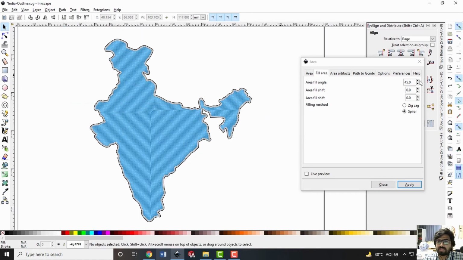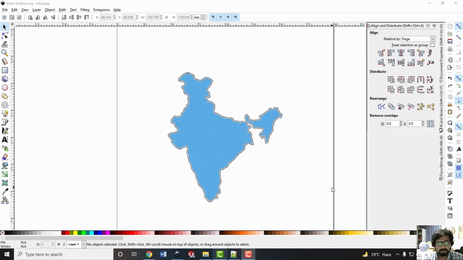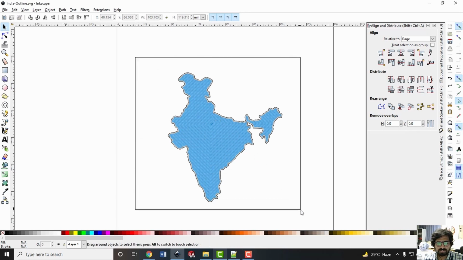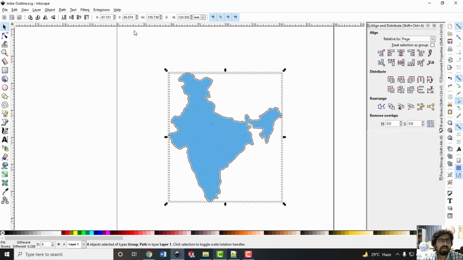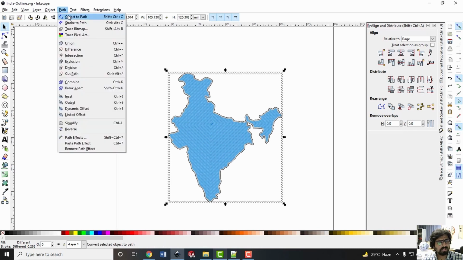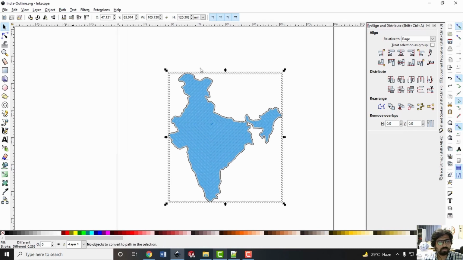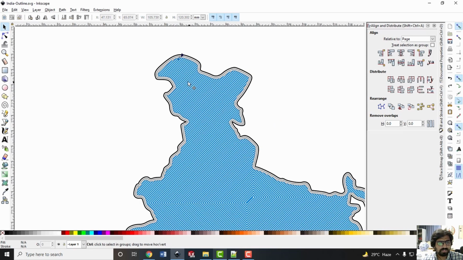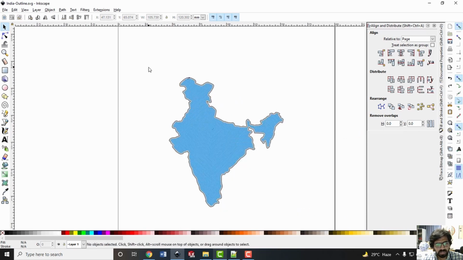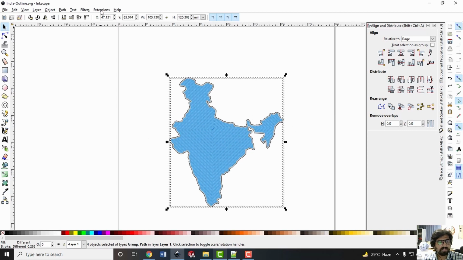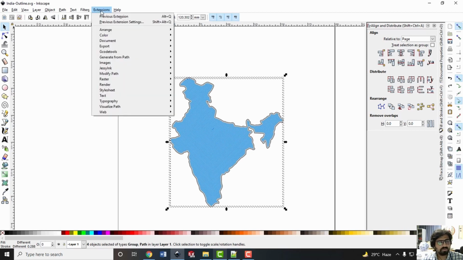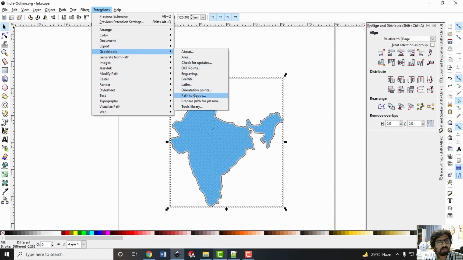Now, if you want to extract the toolpath, of course, you can easily extract the toolpath as well. So for that, I will select all the passes and first make sure that these objects which you have selected are definitely paths. To ensure that, you can go to Path and convert again from object to path. Now if you are sure that all the objects you are seeing here are definitely paths, we can convert this path to G code. For that again we can go to Extensions, the G code tools, and then go to Path to G code.